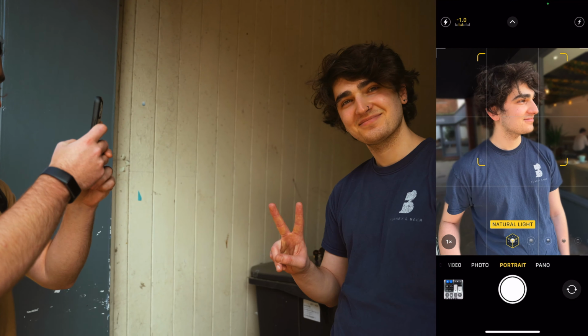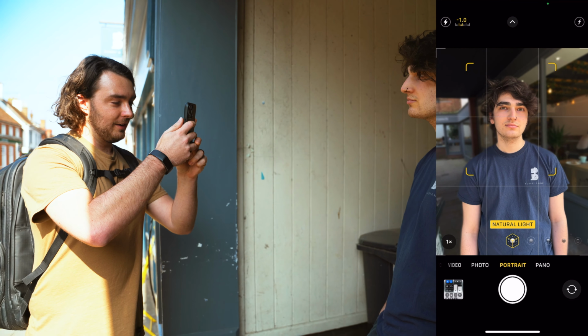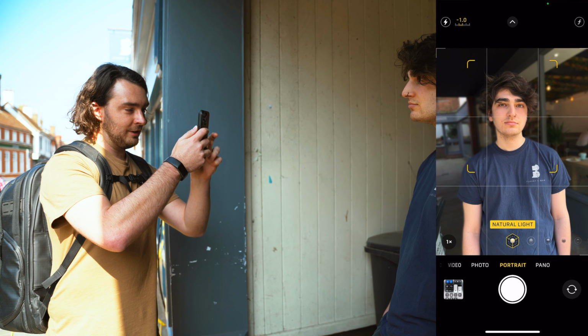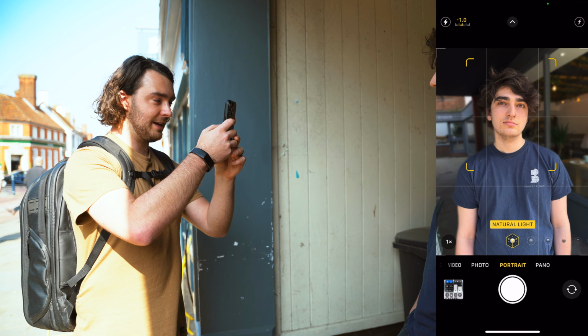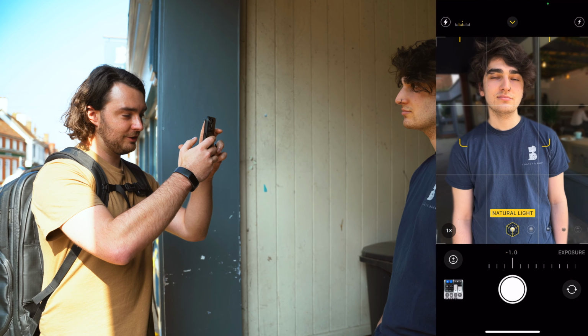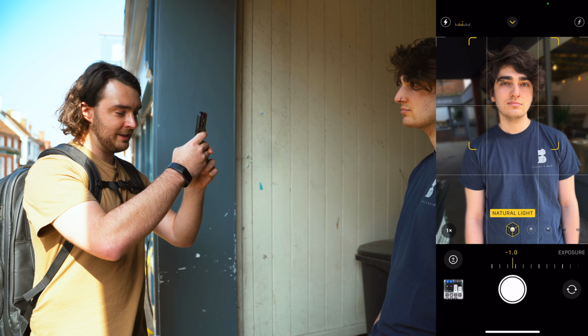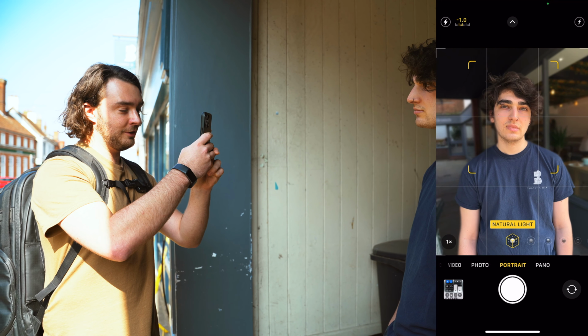depth of field. So this is Andy. He's going to be my guinea pig, and I'm in portrait mode right now, and I'm going to show you how to use it. So I usually shoot my photos a little bit underexposed, because phones, like iPhones and Androids, will shoot overexposed naturally. So I usually bring my exposure down, if you tap that top left button, and I put it on -1. I mean, if I tap to get rid of it, and you've got loads of different portrait